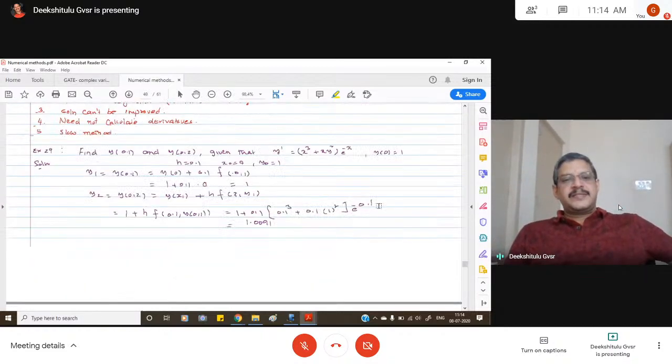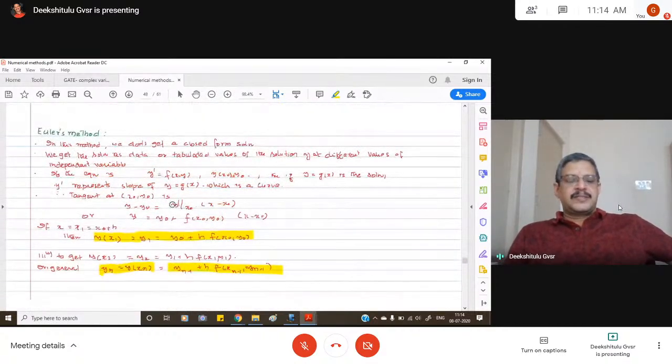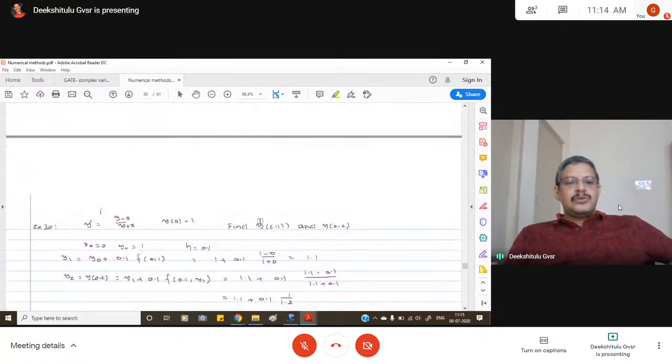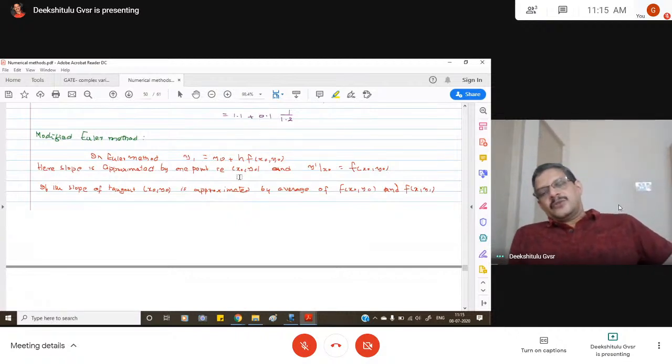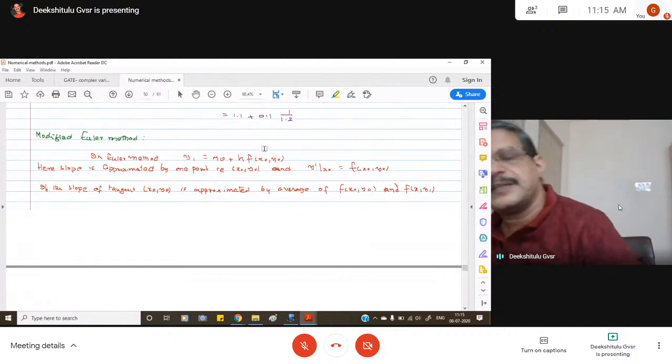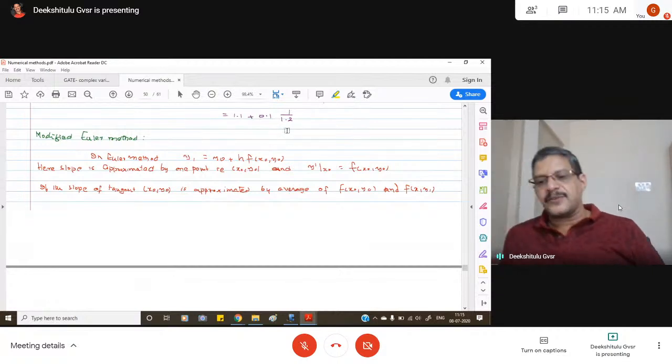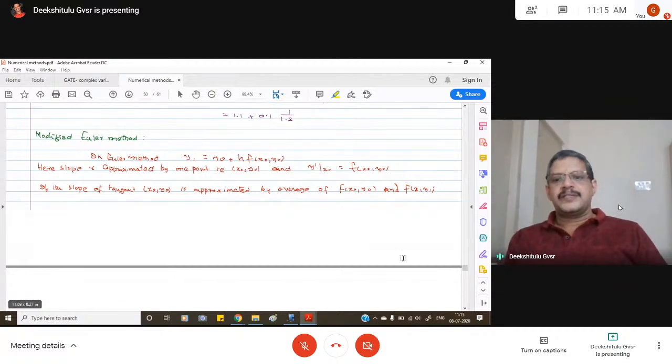Modified Euler's method. As said earlier, in Euler's method the slope of the straight line, that is the tangent, is approximated at the point x naught y naught only, y dash at x naught y naught only. To improve the solution, let us see what is done here. In Euler's method, y1 is equal to y naught plus h into f of x naught y naught. Here the slope is approximated by one point at x naught y naught. So y dash at x naught becomes f of x naught y naught. So if the slope of the tangent at x naught y naught is approximated as an average of the function value at two points, x naught y naught and x1 y1,